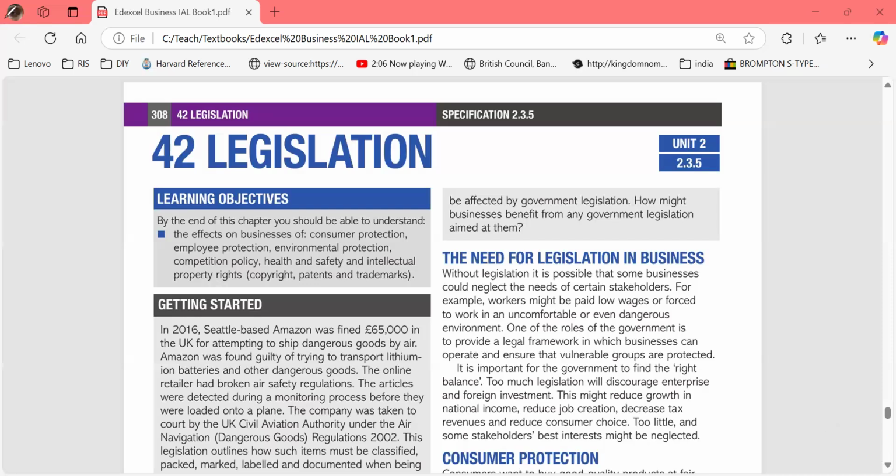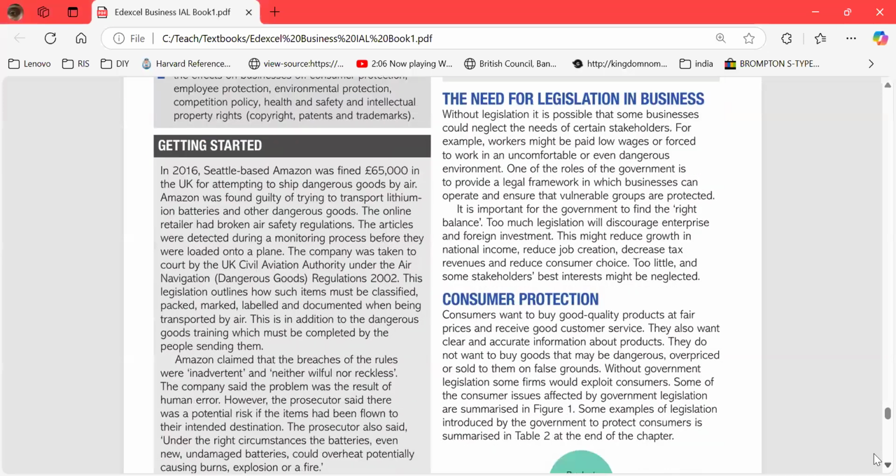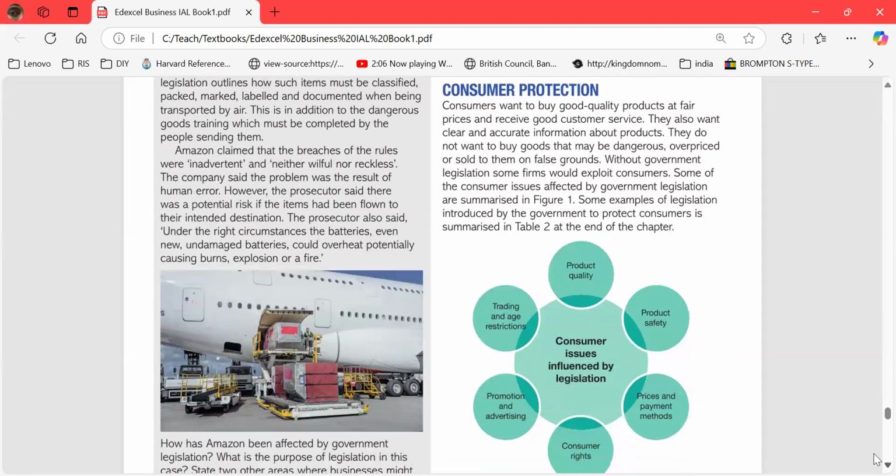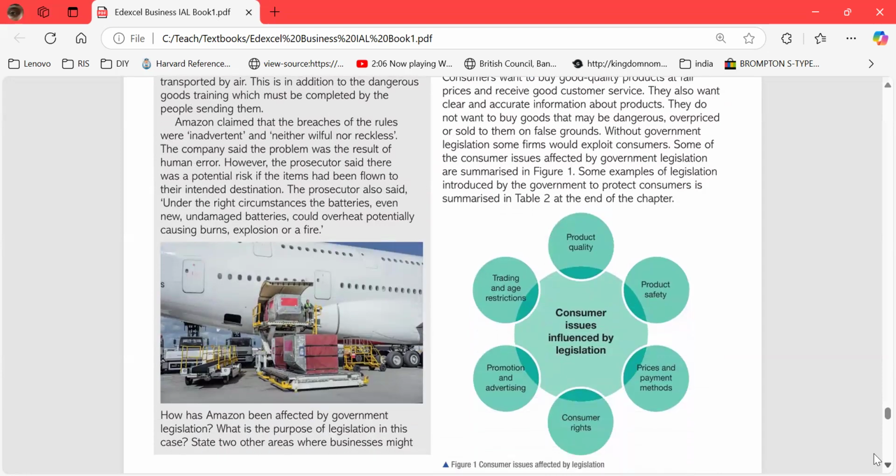First we have consumer protection. Consumers need protection, right? If you can see this diagram, consumers need protection from the government because of product safety. The product has to be safe, otherwise the consumer is paying and won't get a proper service from it. Suppose a child is buying a toy, and that was also hazardous for them.